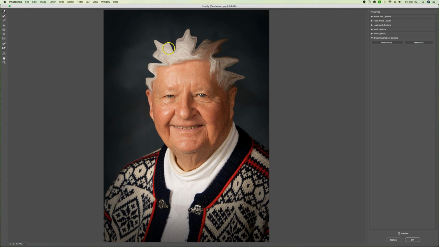Of course, you can change your brush size just using the right and left bracket keys. We can also look at our brush options over here as far as their size, pressure, whatever. The next option down is Reconstruct, and this kind of pushes things back the other way, kind of tries to rebuild what you did. Obviously, I took it a little too far, just giving him a soft perm